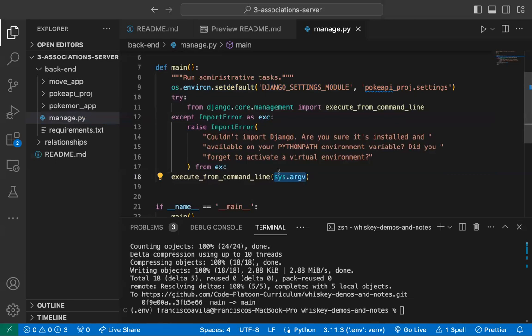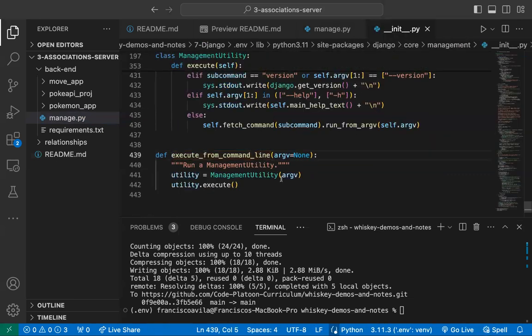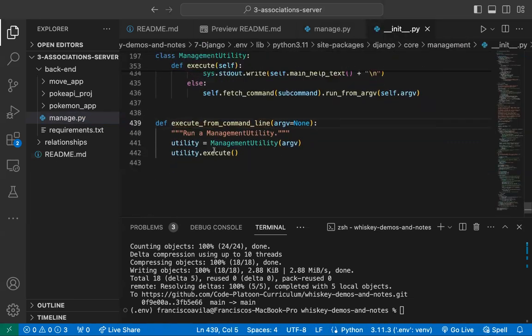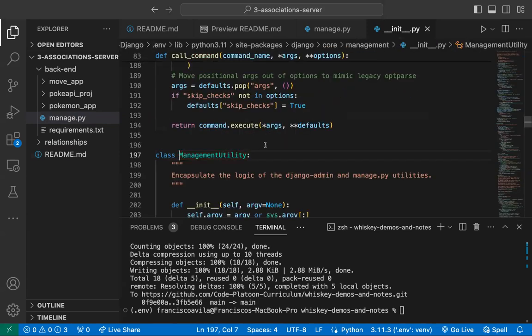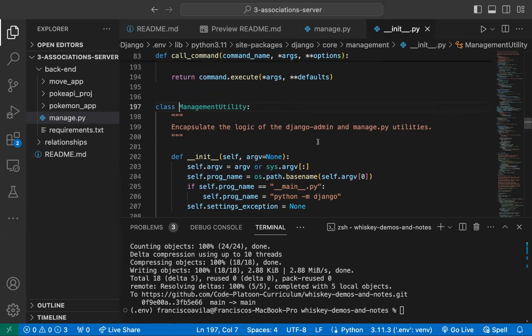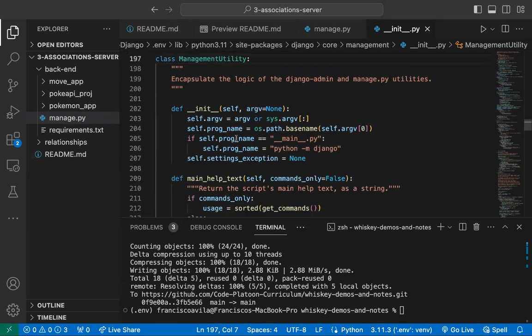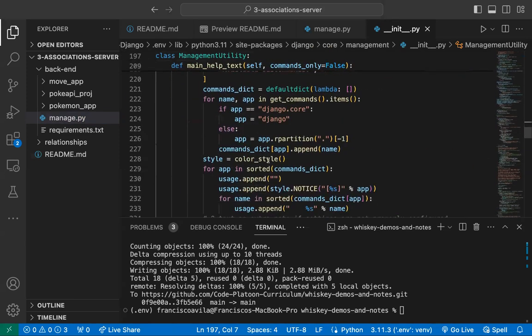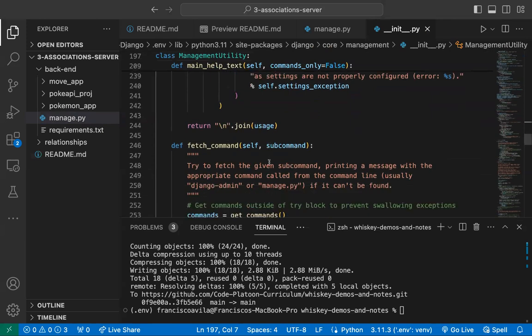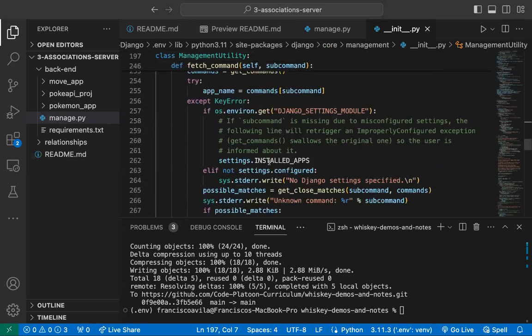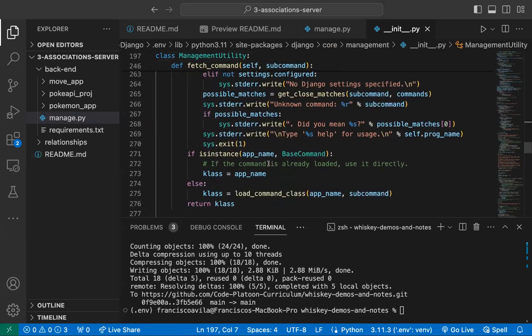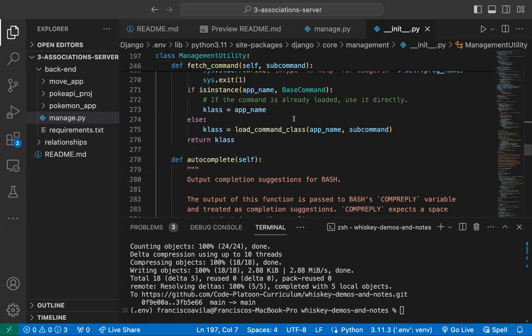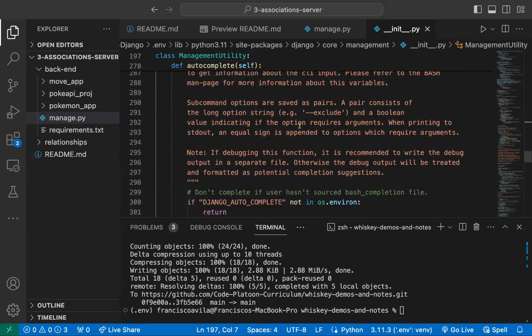And we can see that it also takes a system argument. So, okay, we find that. It takes the system argument and passes it down to this ManagementUtility class. Hopefully it doesn't throw me any further down. Okay, that's a subcommand. Where'd you go? It is going to throw me into a whole loop. I was hoping that we could just find it through these